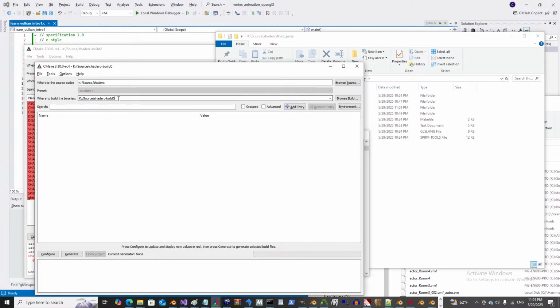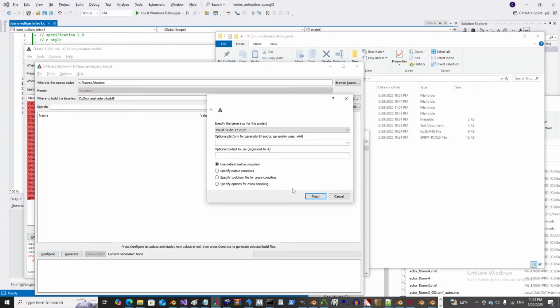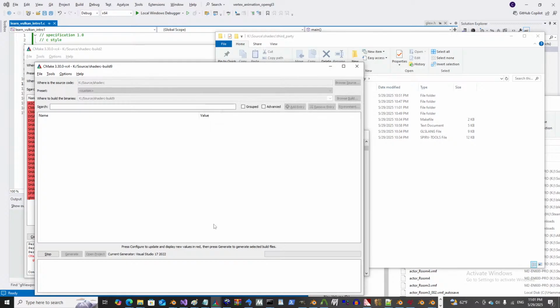What if we cheat and just put a 9 in here? Oh, don't do what I did. Blindly put numbers in the thing. Okay, K-source, shader.rc build 9. Should need only 2 more. And we should have a spanking brand new shader.rc